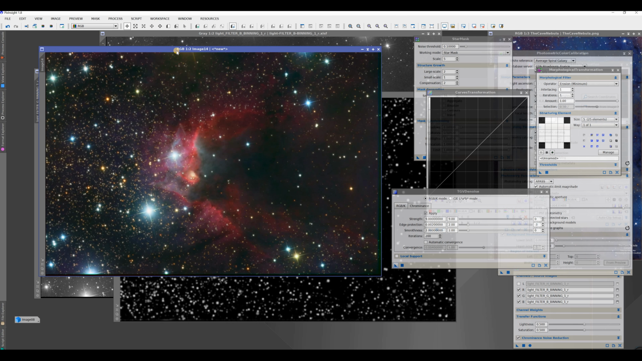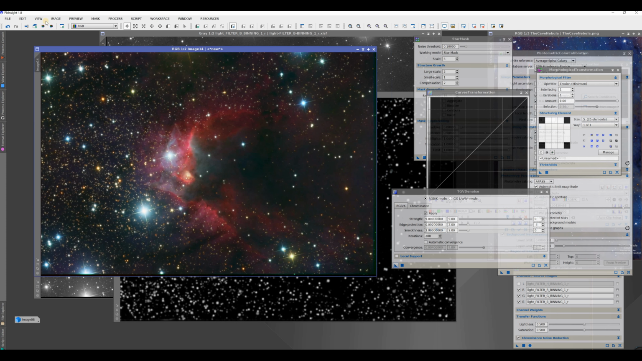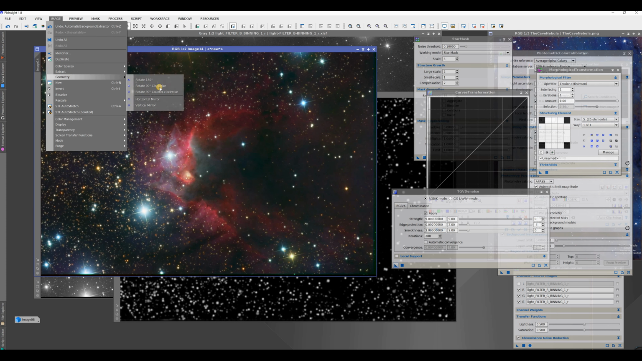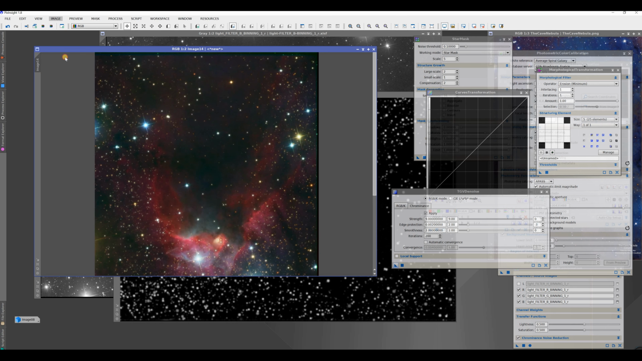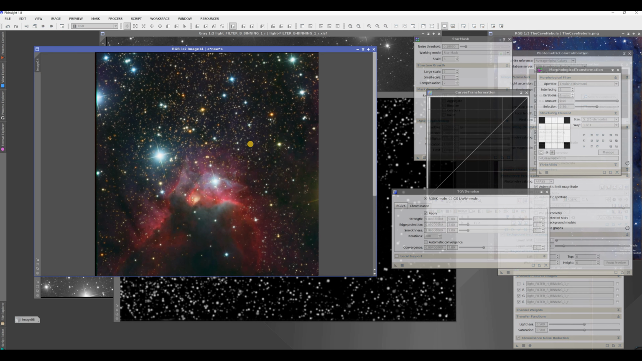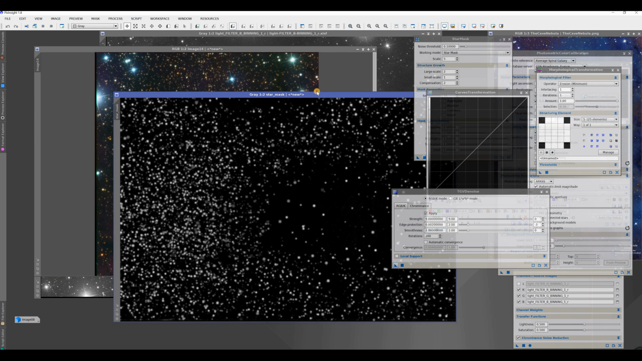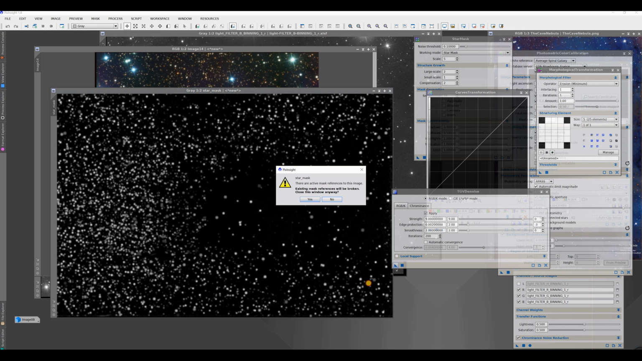All right, so next thing is to rotate the image counterclockwise. Ah, bad. 180. All right, there you go. Let's close this out now. Yes,